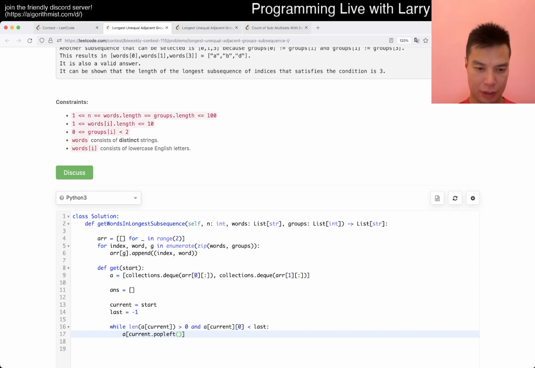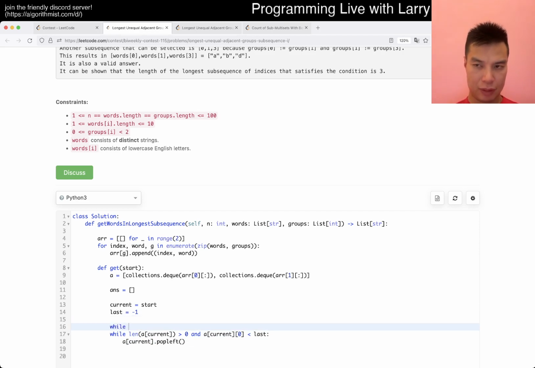Oops, what the heck? And then wow. I think this is also true. We needed to do, okay. And then current is